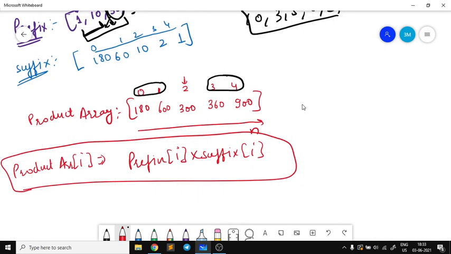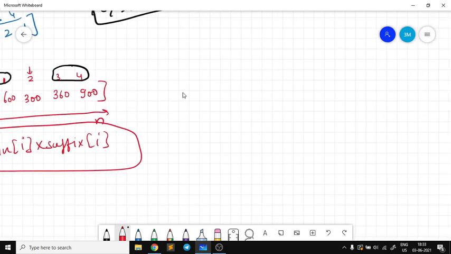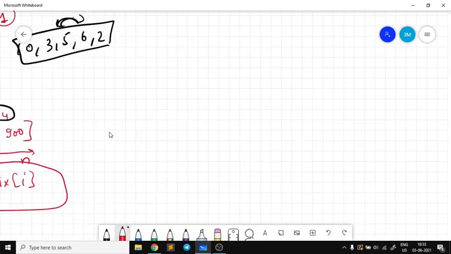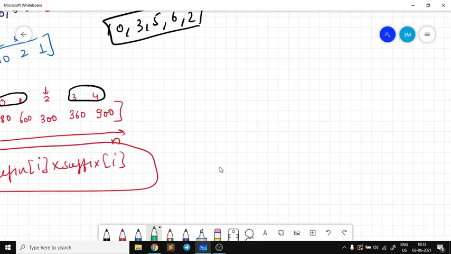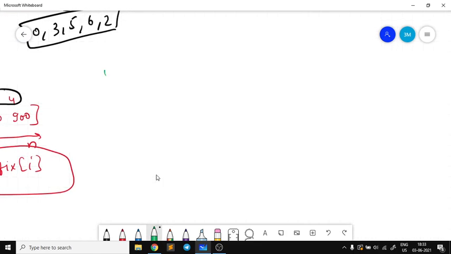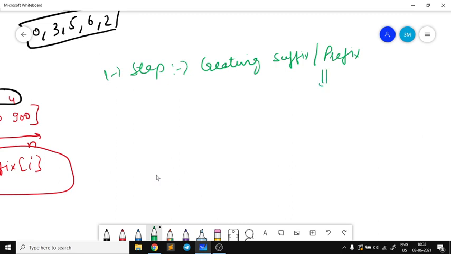Now let us discuss the time complexity of this approach. The first step is creating the suffix and prefix arrays, which will take big O of n time.